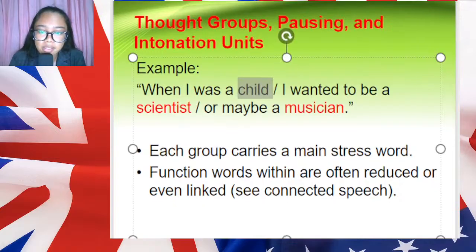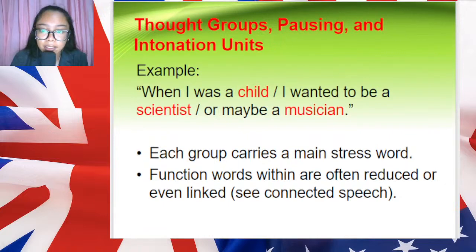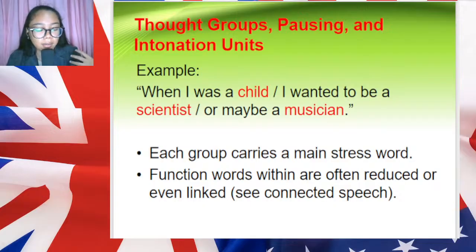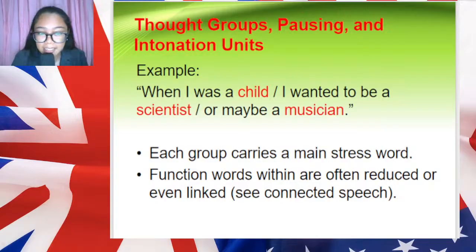Our highlighted or emphasized words on each thought group are child, scientist, and musician. This way it connects smoothly with reduced or linked words. What does that mean? Inside each thought group, there are three in total in the sentence that we have,